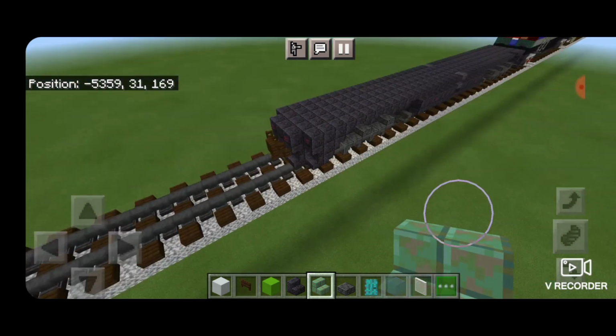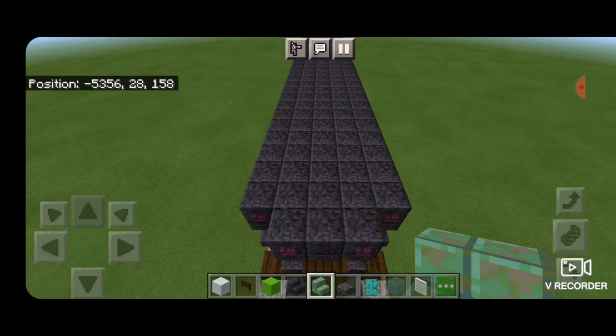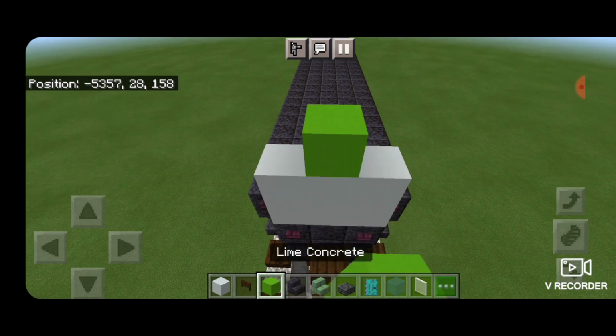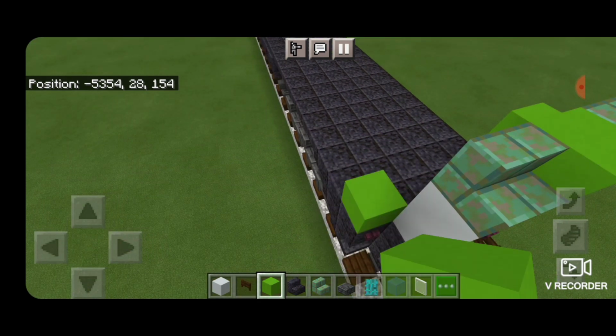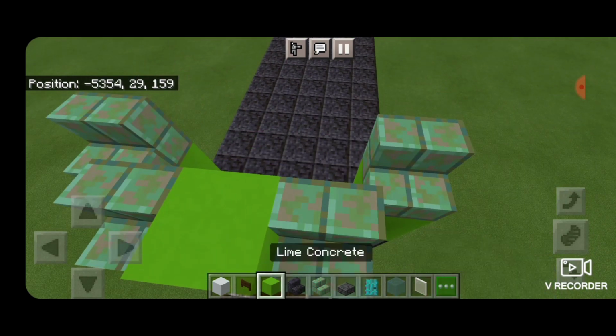Now we'll come up on top of the front, and in the very middle, we're going to make a 3x2 of white concrete. Above that, a lime concrete in the middle, and wax weathered cut copper stairs on either side. Then 2 lime concrete on each outside edge, and another set of forward facing stairs on top of that,